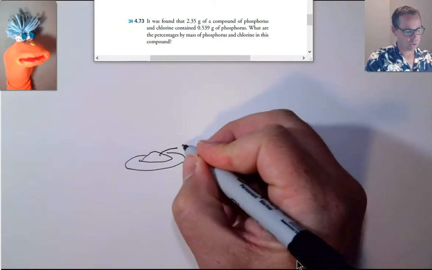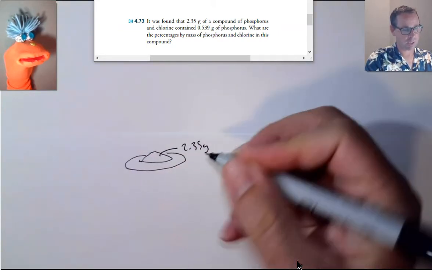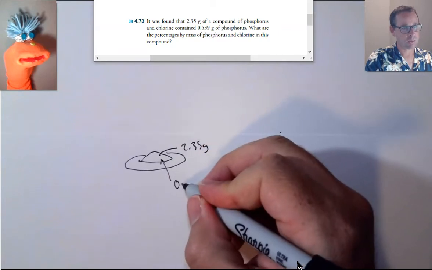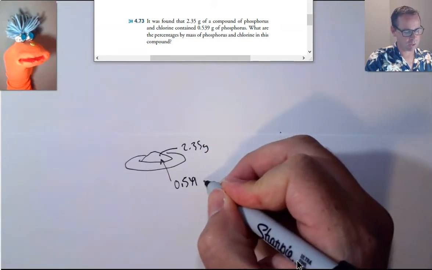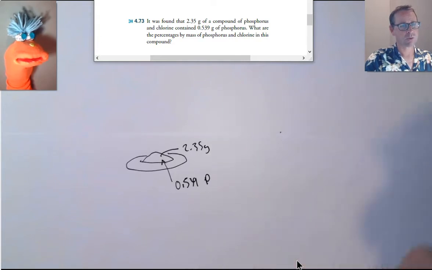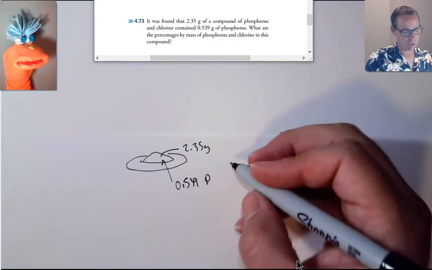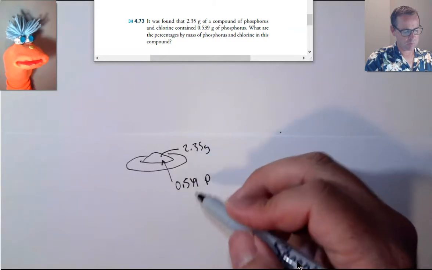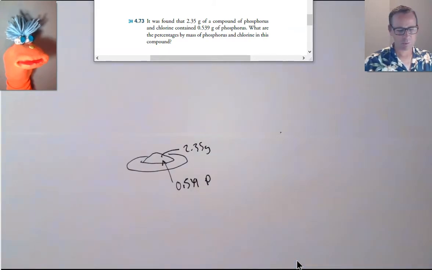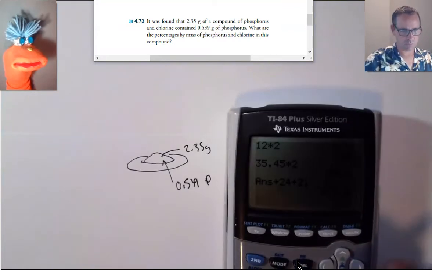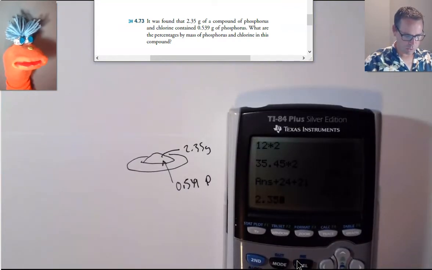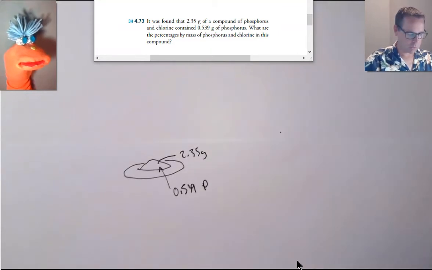I've got 2.35 grams of it, and I found out here that 0.539 grams is phosphorus. Oh, okay. And it says it's just phosphorus and chlorine. That's right. So that means 2.35 minus 0.539 is our contribution of the chlorine. So we get 1.811